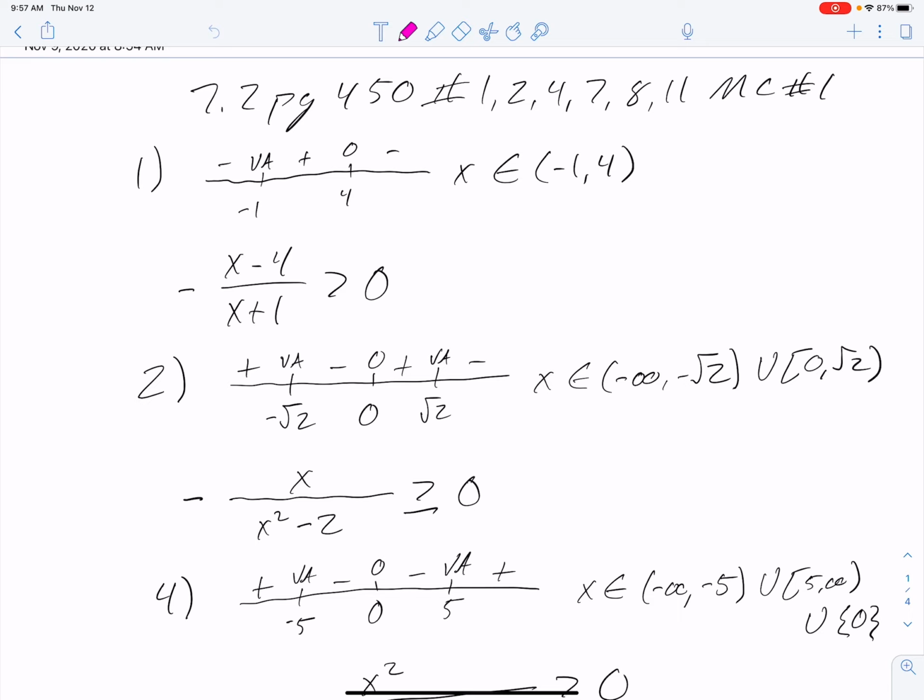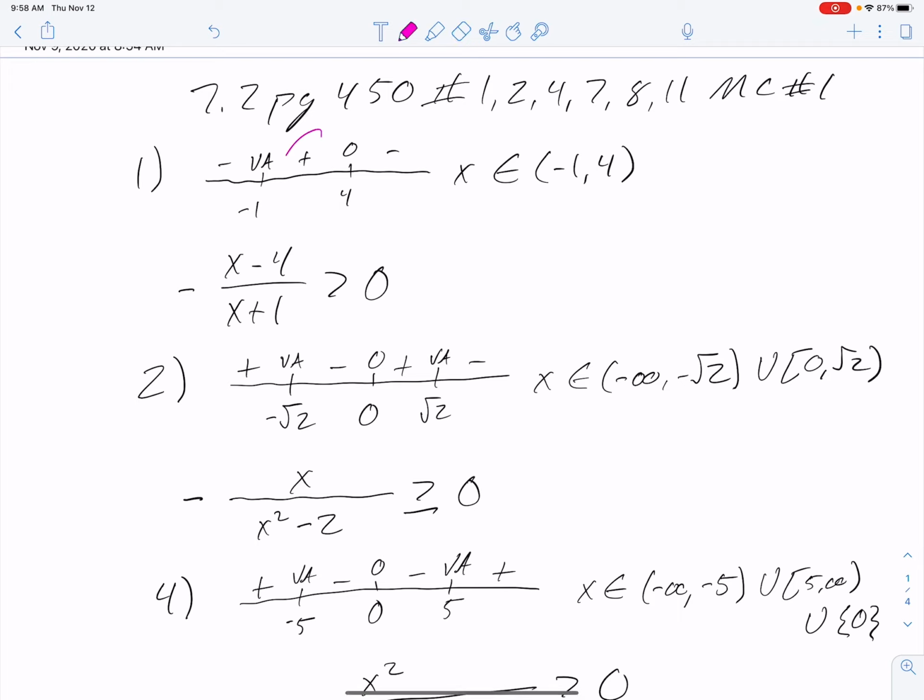All right, so the first one, they gave us the sign pattern. Remember, if the value on the right is negative, we need to put a negative in front of our fraction. If the value on the right were positive, we wouldn't put anything there. It's telling us that the solution